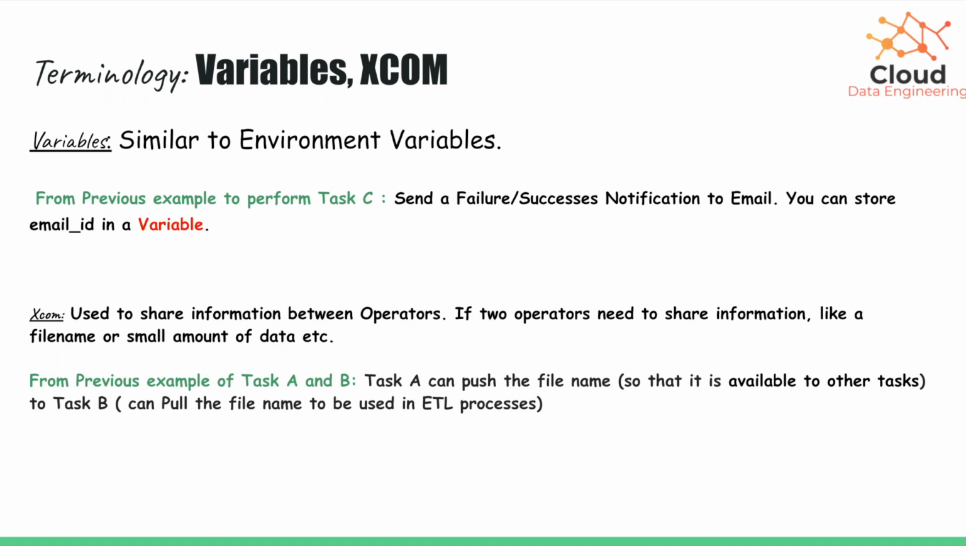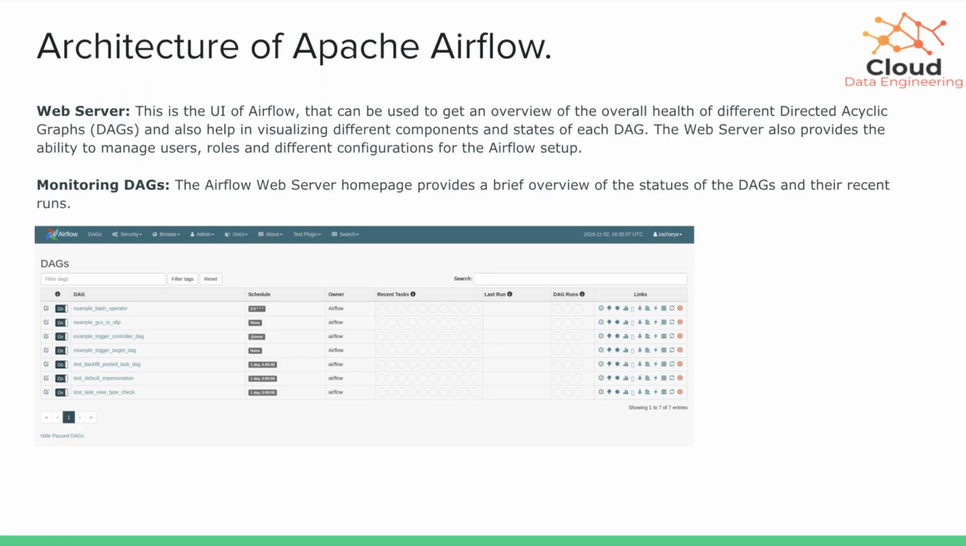Task A can push the file name using XCom push so that it is available to the other tasks, and task B can pull the file name that has been pushed by the previous task using XCom pull, and it can be used in the ETL process. They are very helpful. Before we start using Apache Airflow to build and manage pipelines, it is important to understand